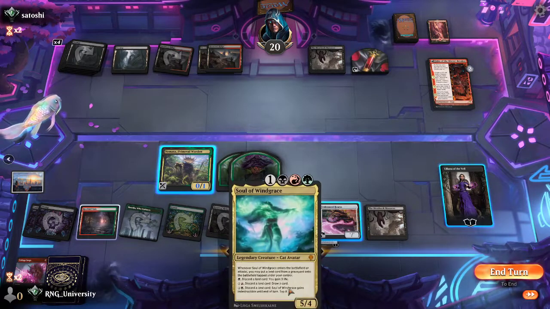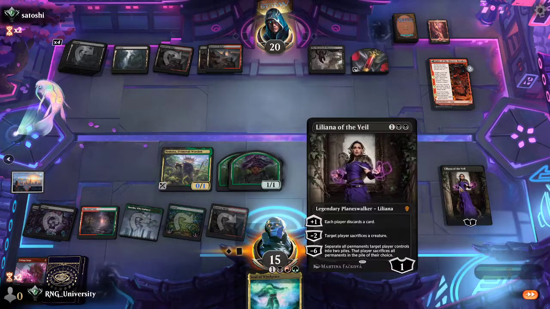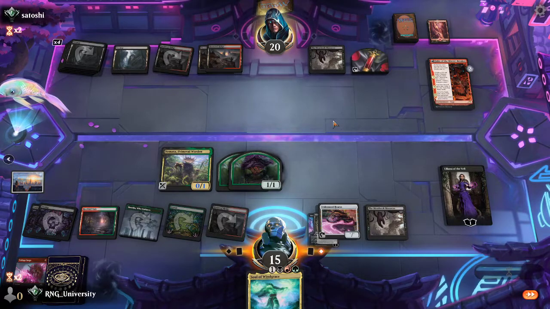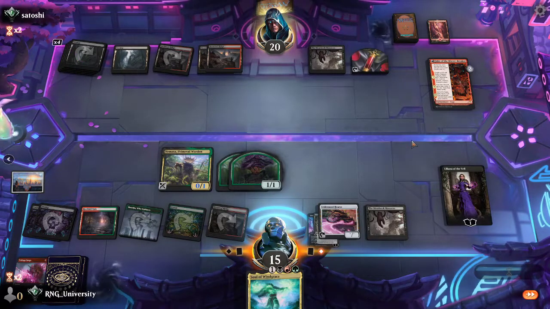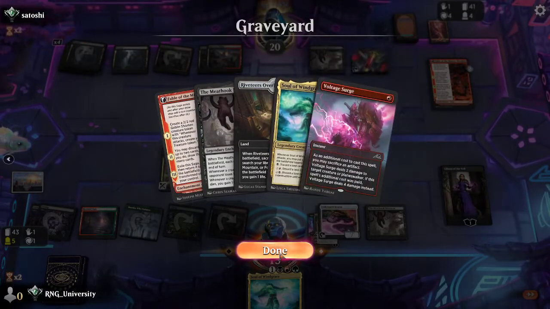Okay, so do I want to discard my Windgrace? I think it's better to have a Windgrace in hand than to have an extra loyalty on Liliana. I think. Not quite sure. It's close, because Liliana with 2 loyalty can kill one of his creatures, and right now I cannot. And knowing this deck, they just feed me with Windgrace without land, so...